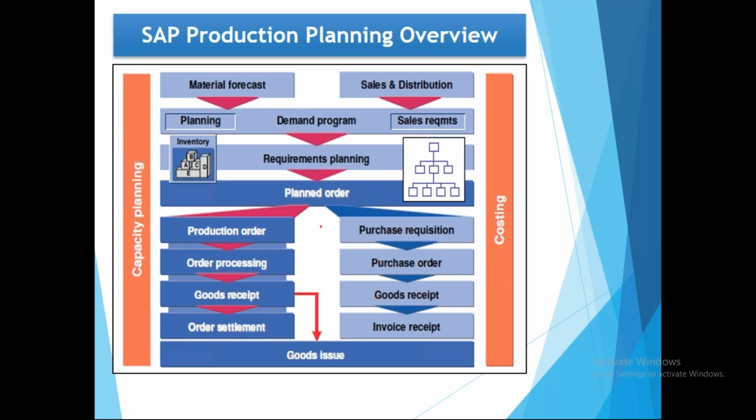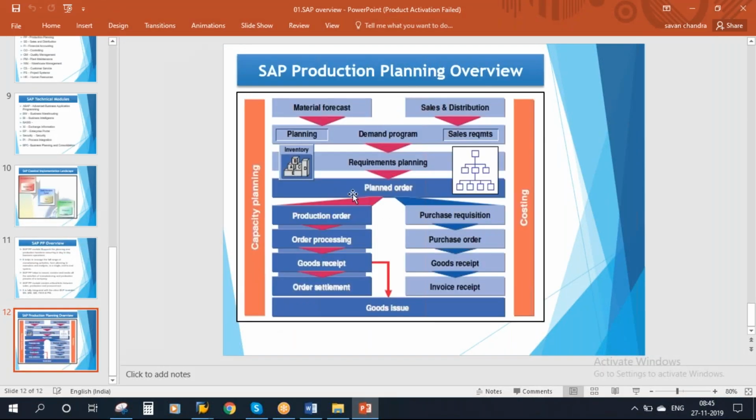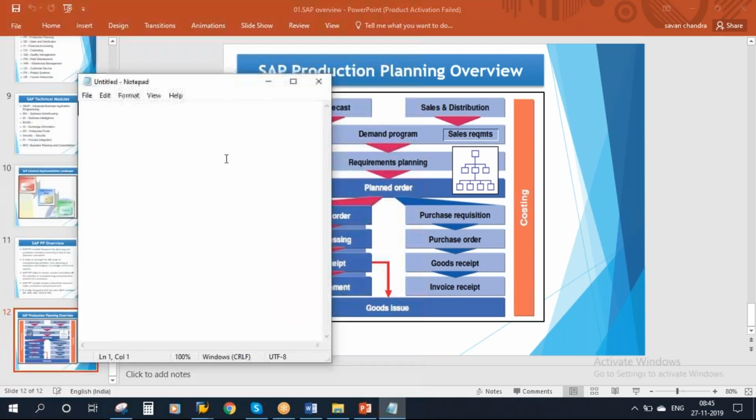This purchasing part will be taken care of by MM. In real time, it comes under the scope of the MM module, materials management module. Basically you need to understand that the PP module takes care of two things. One is planning, the top portion is planning, and the bottom portion is your actual manufacturing execution. So to cover this entire flow,